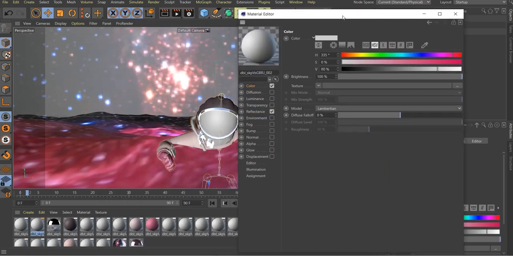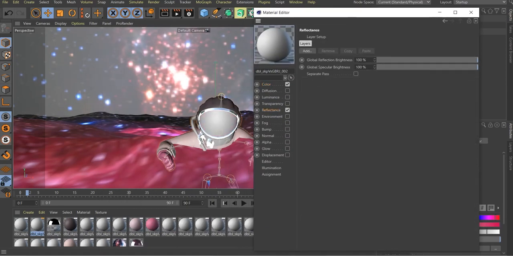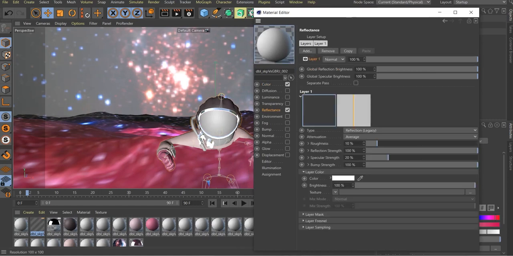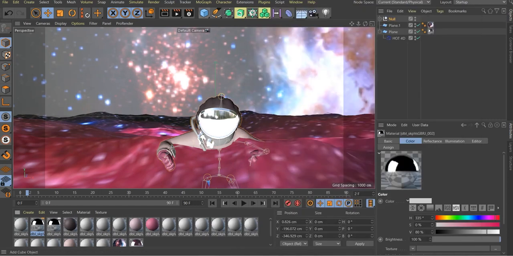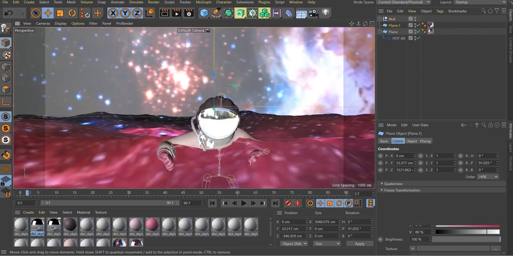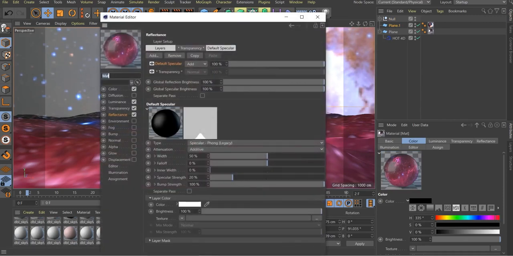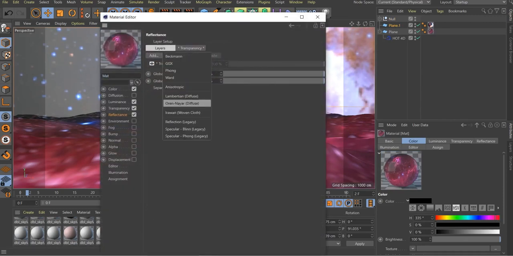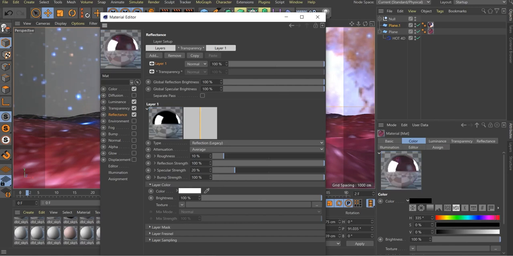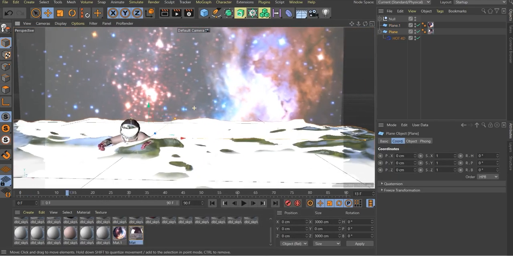This is the main part of the helmet. So just go in reflectance, then remove the old one and add the reflectance legacy, and we will preview it. It looks good, but as you can see, my texture of the ocean is not looking that good. I don't know why it changed. It just happens with my software. Maybe it will not happen to you, but I just need to replace the reflectance legacy from old to new one. This is the step you are not going to do.